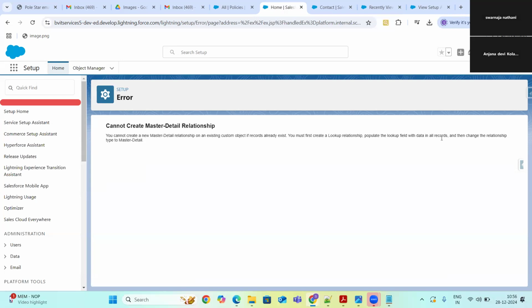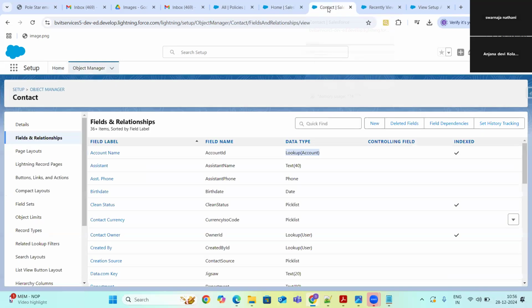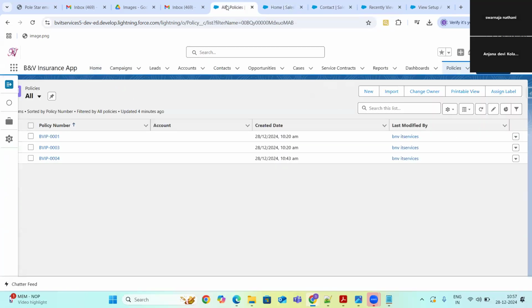So, if for example you already have information on the policies record, this is the policies record.